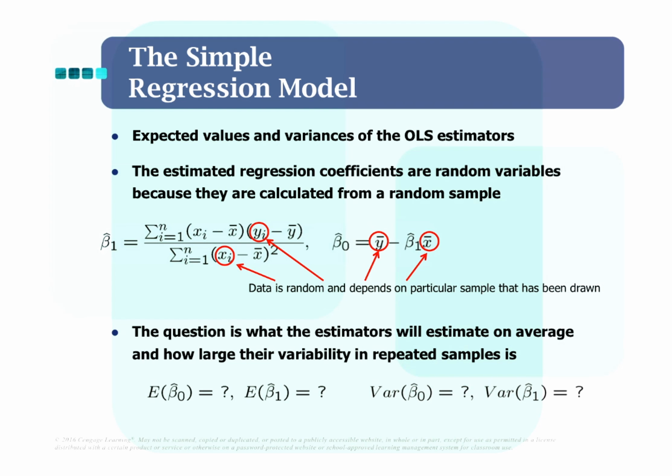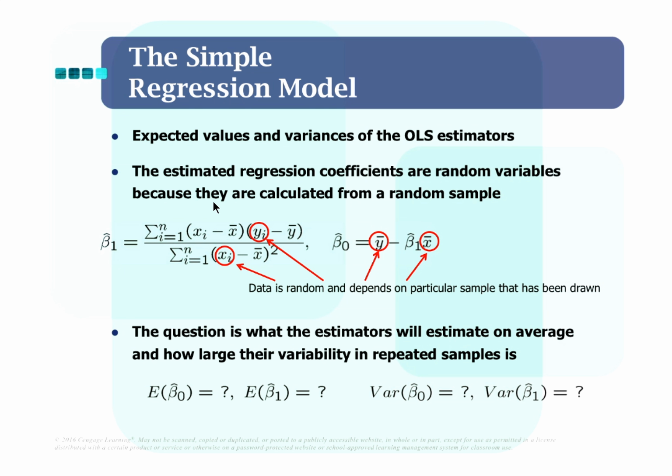For the last part on simple regression models, we would like to discuss the expected value and the variance of the OLS estimators. One thing you may not notice is that the estimated regression coefficients, namely beta 1 hat and beta 0 hat, are actually random variables